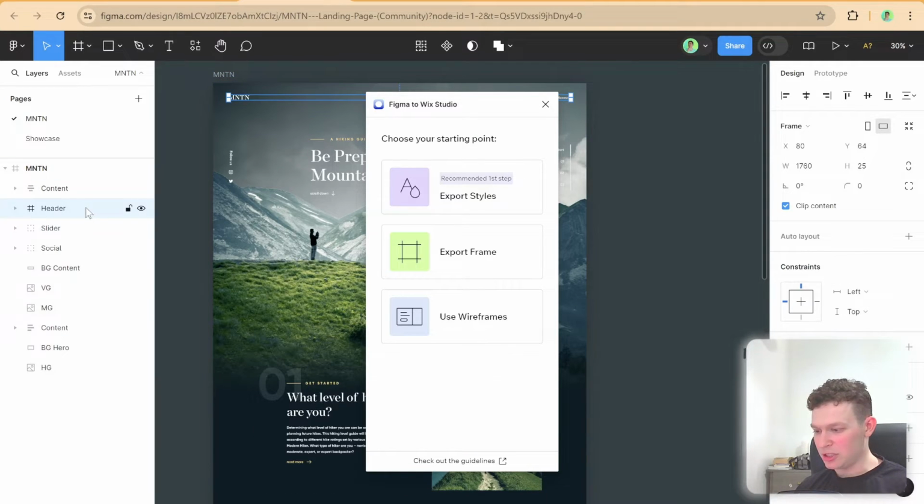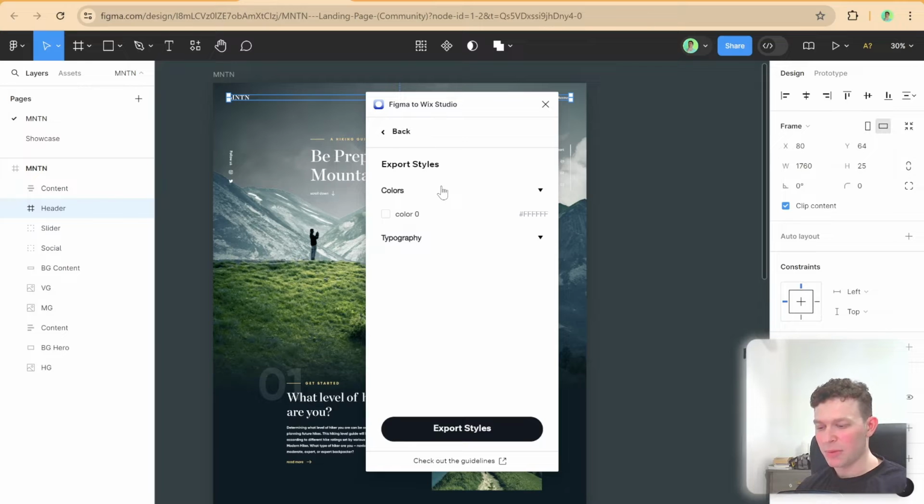Let me just try just the header. No. Okay, so I'm going to attribute this to the setup of this Figma file. I didn't design this Figma file myself, and I'm not even sure I would know how to do this in Figma, but